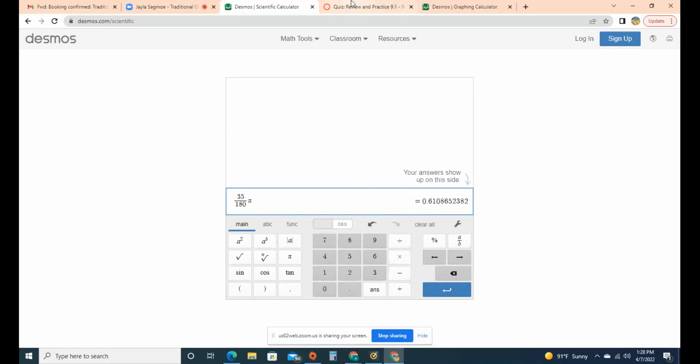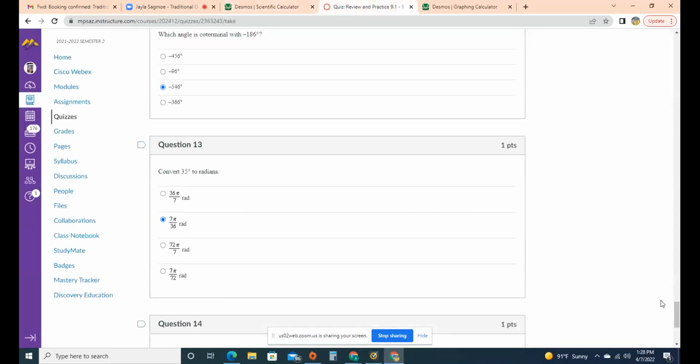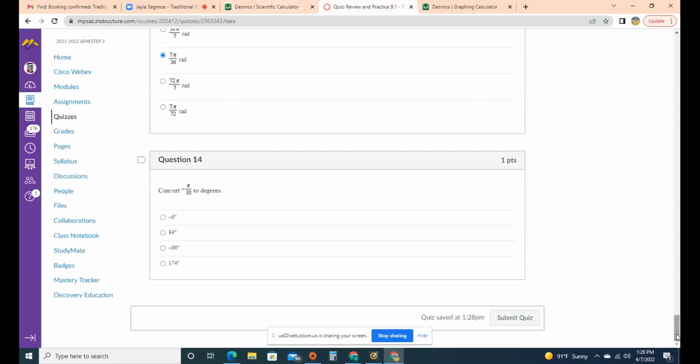Okay, so go back to your quiz. Scroll down to 14. So the 14 is going backwards. So this one, I'm going to share my screen, and then I'll show you what to enter into the Desmos